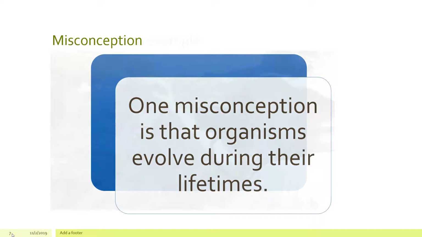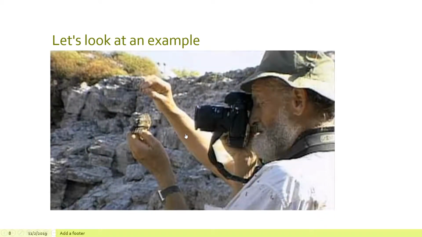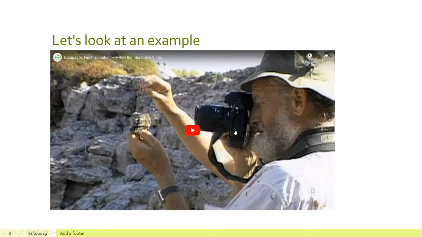To show this a little bit better, let's look at this example. This example right here is one of my all-time favorites, and it's a pretty classical example that's always used. But I can't help but bring it up because these two researchers are some of my favorite researchers I've ever learned about, and it's Peter and Rosemary Grant. They don't go there anymore, but for very long periods of their life, as they were researching, they went to the Galapagos Islands, where Darwin actually went on his voyage.